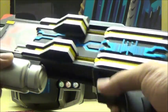So yeah, it is quite different compared to the regular Diend henshin sound. So we're just going to take these cards out since we're going to have to put in a lot of cards in a minute. So that's it for just those